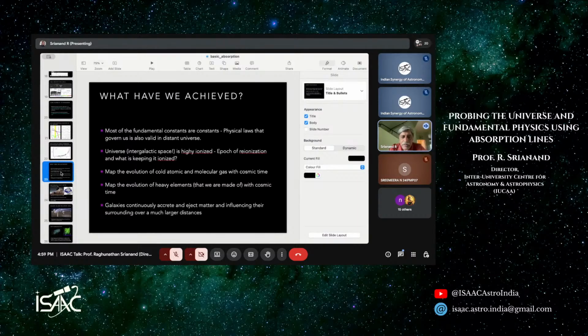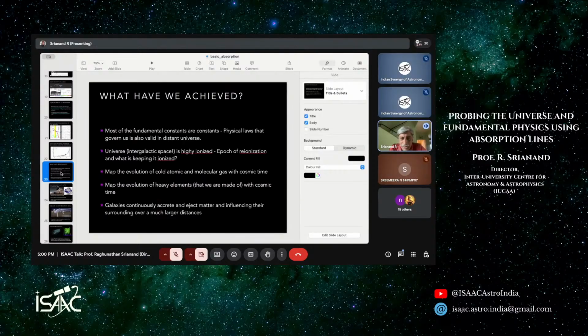Okay, what are the other things we can progress with absorption lines themselves? One is that we can also ask this question. For example, we use all the fundamental constants, right? Gravitational constant, electromagnetic coupling constants. Whenever you are treating interaction between photon and particle, particle and particle, particle and gravity, we need some constants of proportionality which govern the physical laws. And we believe that these constants of proportionality should not change as a function of time. So the question you can ask is, can I probe whether these fundamental constants are the same in all the galaxies at all times?